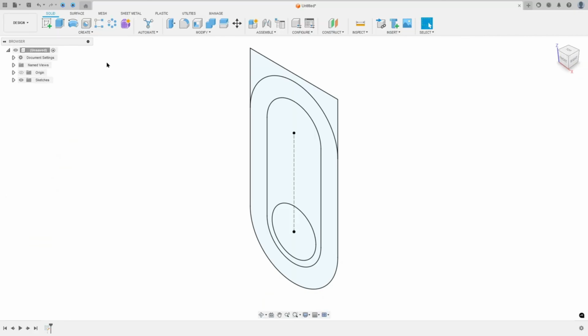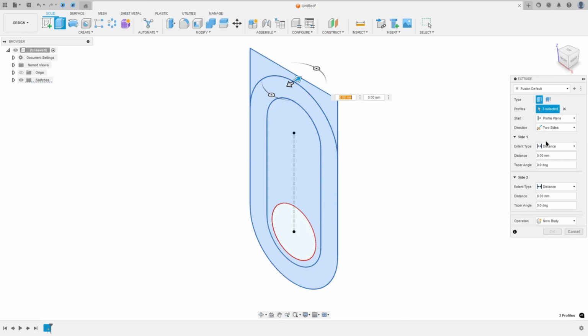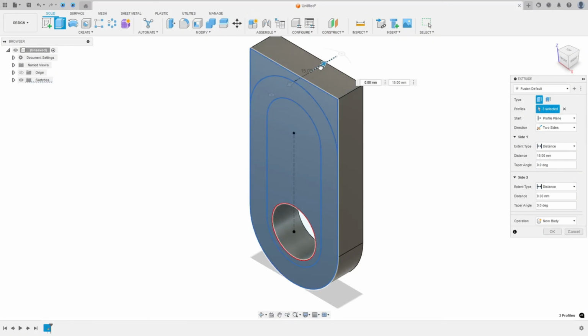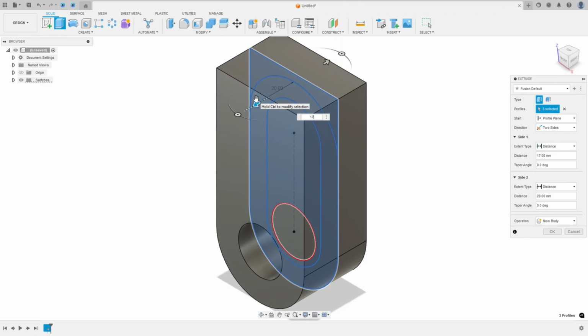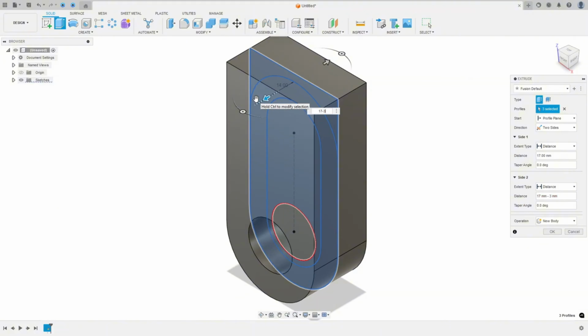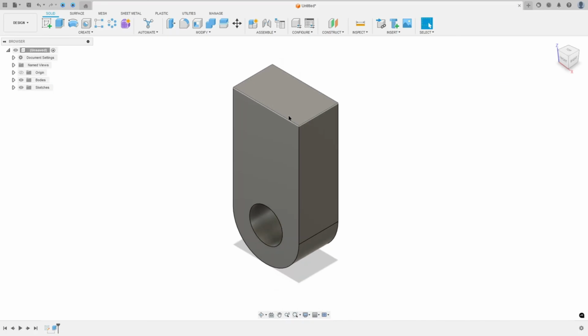Okay, so go to extrude, select this profile here, don't select this circle, the direction here, select the two sides, and this side here is 17 millimeters and this side here is 17 minus 3, and press OK. Operation new body, we made this. Okay,